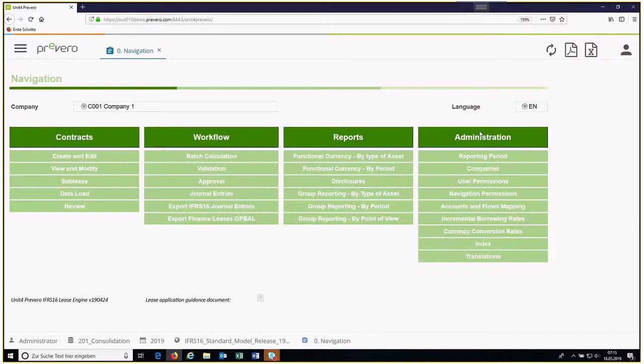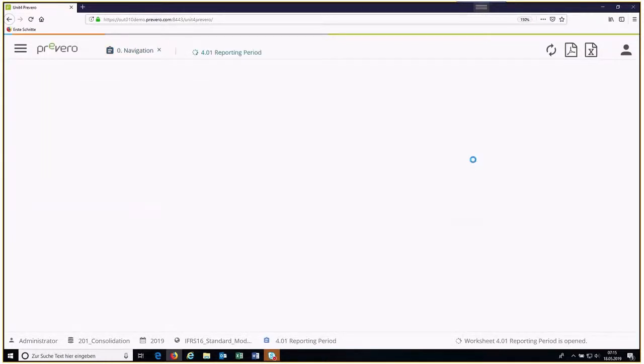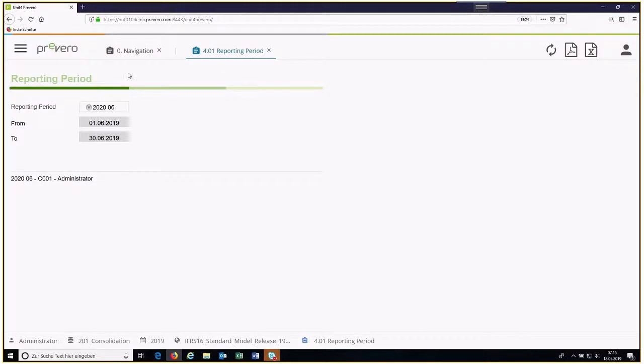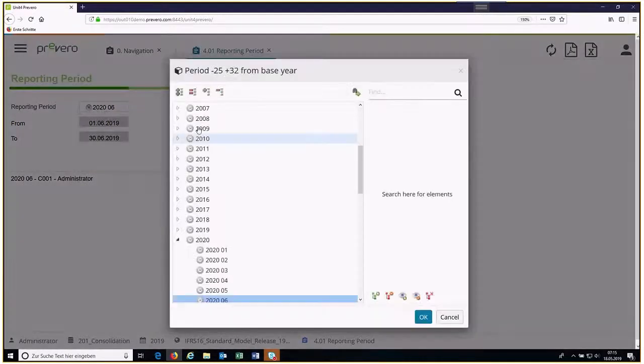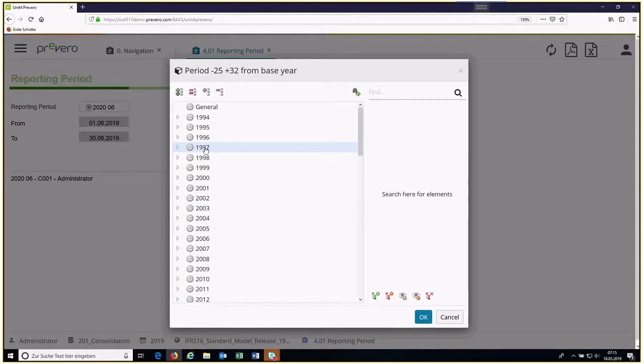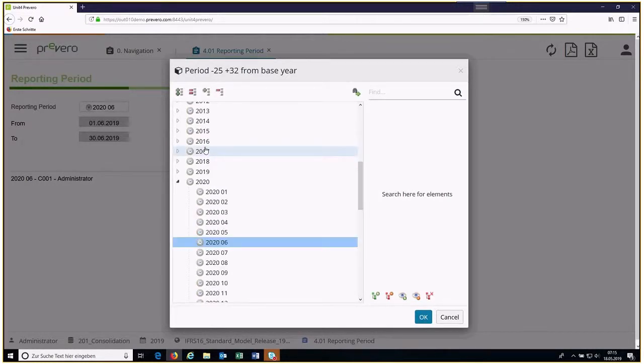The last major item is then the administration part, and that's the part with which I want to start. There you can set the major data and define the structures. So starting with the reporting period, we cover a selection of a large number of years before the original year 2019, when IFRS 16 becomes applicable, especially for those who want to opt for a retrospective view,